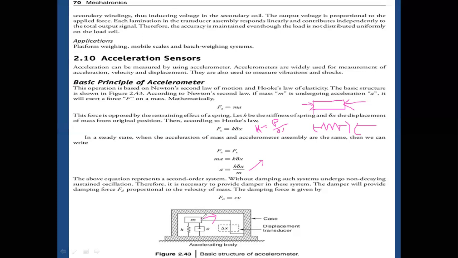When we apply the force, the object will tend to vibrate continuously. So in order to bring it to the equilibrium position, or to reduce the vibrations, why? Because in day-to-day life, any machine that causes vibration will lead to failure, which leads to fatigue. Fatigue is nothing but repeated reversal cycles, the same action repeating a number of times. In case of reversing cycles, the machine tends to fail.